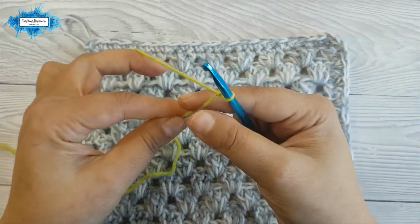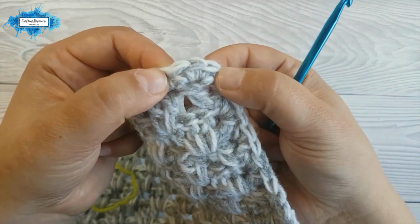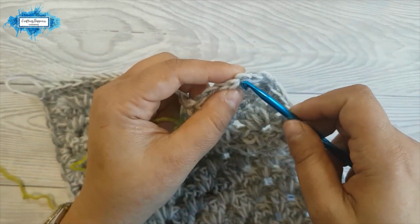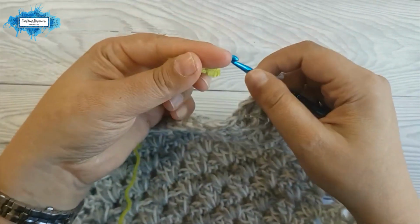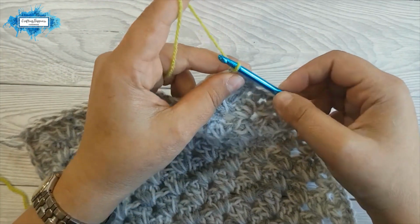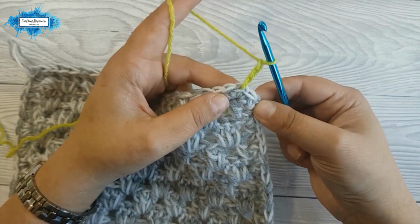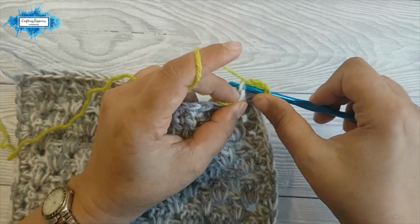Let's make a slip knot, and then we will join in the corner, and the corner stitch is the middle of the three, so that one in the middle, it's our corner stitch. Now join, pull the loop through, and we will chain 3. This is our first double crochet. Now into the same stitch, make 2 more double crochet